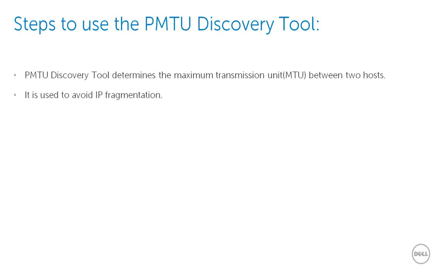The diagnostic tool on the SonicWall interface, which is PMTU Discovery tool, supports IPv4 as well as IPv6 PMTU Discovery from SonicOS version 5.9. PMTU Discovery tool is a diagnostic tool which can determine the maximum transmission unit on the network path between the SonicWall security appliance and a remote host.